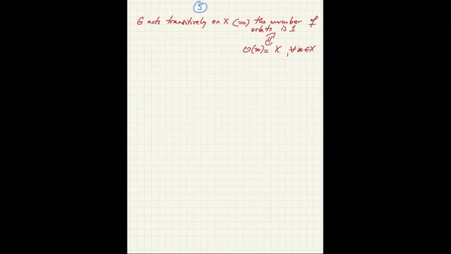They're all equivalent. Now the number of orbits appears in Burnside's lemma. So by Burnside's lemma, 1, which is the number of orbits, equals the average number